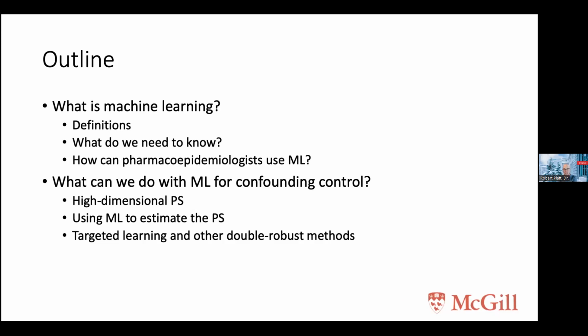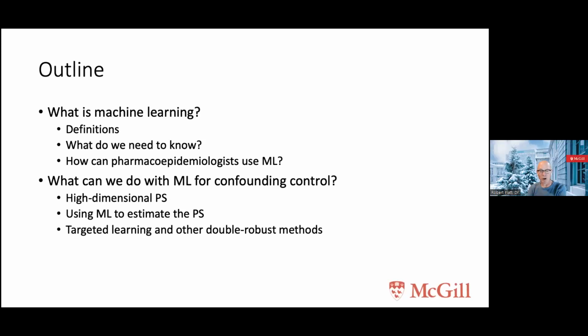I'll look at some simple examples of how machine learning can be used in pharmacoepidemiology. Then I'll go on and talk about some of our work in my research group, where we're looking at methods to use machine learning in pharmacoepidemiology, and really with the focus on machine learning for confounding control. So that is, given an observational study, we know it's confounded. Can we use machine learning tools to do better than we might with traditional statistical tools?